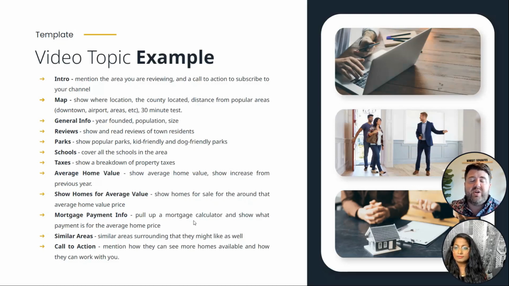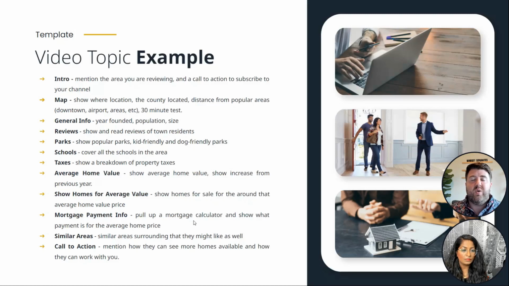So for instance, I live in Houston, and I know I live in the 4th largest metropolitan area in the US. So there's lots of areas. I looked up the surrounding cities in what's considered the greater Houston area, and there's 42 cities and prominent areas. So this one template will give me 42 videos, which is pretty much my video count for half a year.